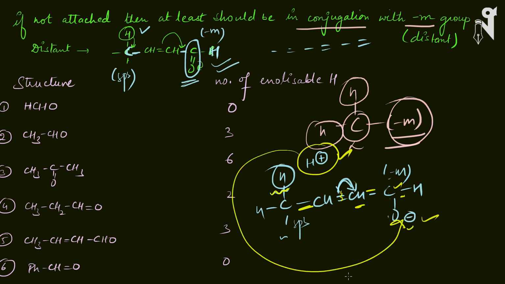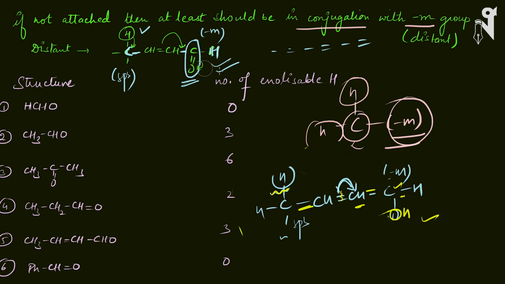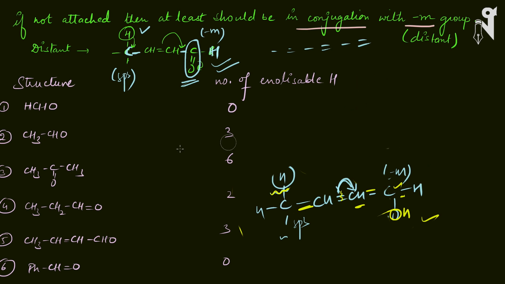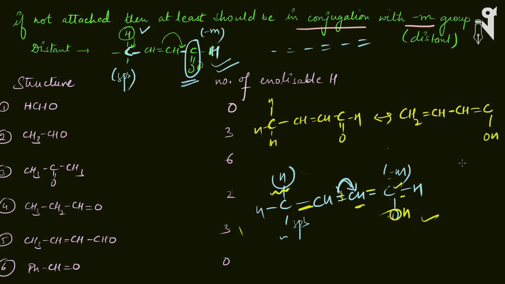This H plus will go and attach over here, and eventually the molecule will become... we had this compound, let me just write it. So we had the compound CH3, single bond CH, double bond CH, C double bond O and H. It got converted into CH2 double bond CH, single bond CH, double bond C, O H and H. So this aldehydic group has got converted into enol due to the presence of this enolizable hydrogen,